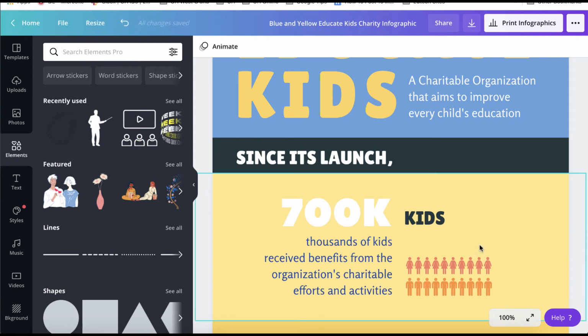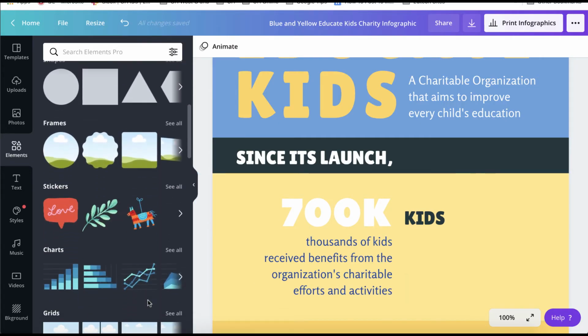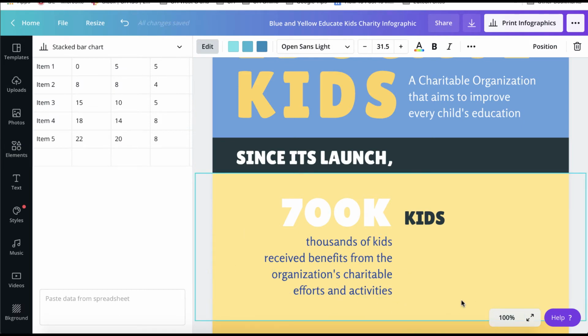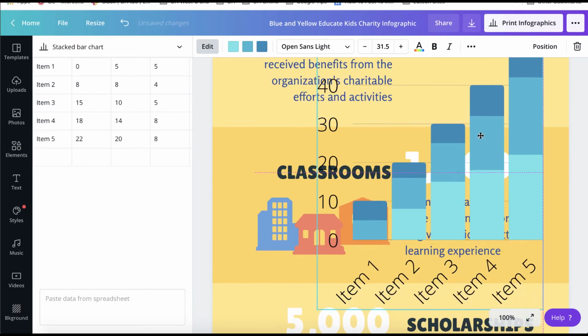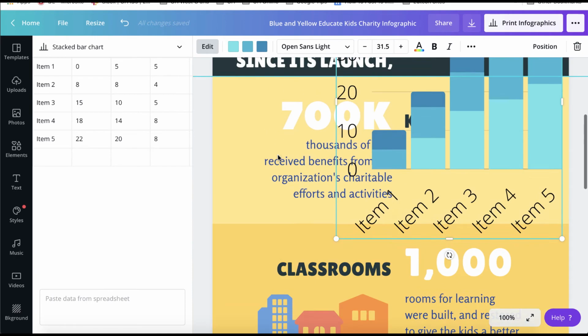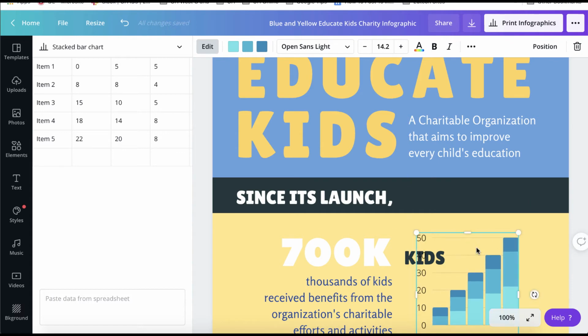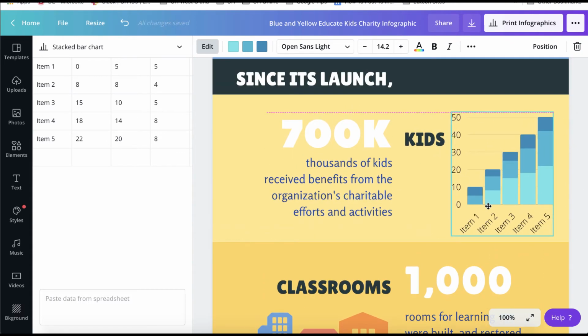I might decide to swap these figures for a chart based on actual data points. As you can see, you can swiftly customize a template to fit your needs.